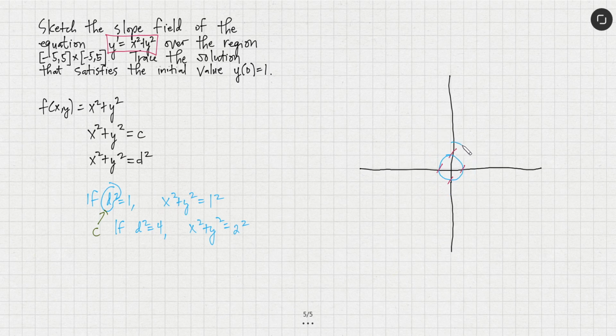habang nagdo-drawing ako sa pen tablet, nakatingin ako sa monitor. So, medyo may disconnect between the way I write and where the thing that I'm drawing, so where I'm drawing and the thing that I'm drawing is appearing. So, medyo unnatural itong paggamit ng pen tablet since normally if you're writing on a paper,